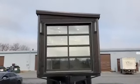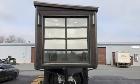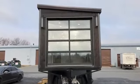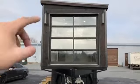So this is the living space. This is a 32-foot gooseneck home, 24 feet on the main deck plus an 8-foot gooseneck section, so 32 feet overall, standard 8.5 feet wide and about 13.5 feet tall. The living room is behind this garage door, so the idea here is to open up this garage door, have